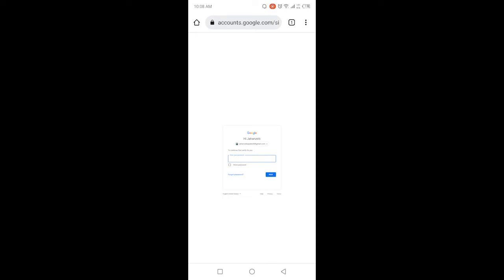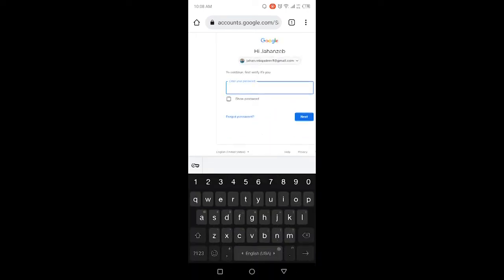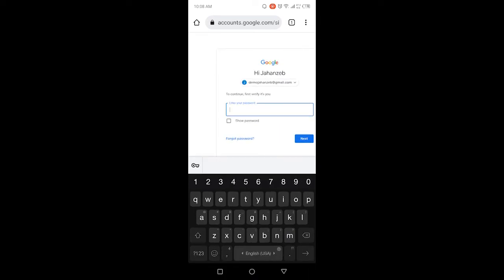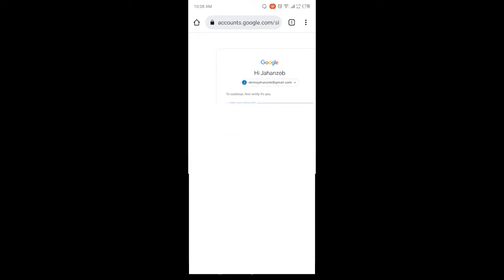and here you need to enter your password. So let me select my account. Okay, and here I need to enter my password. So let me enter that, and then you need to click on next,